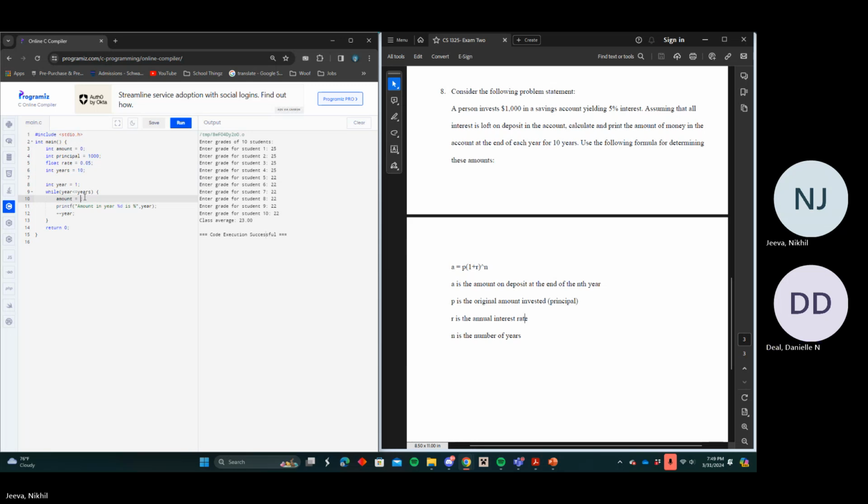Amount equals principal, parentheses 1 plus rate. Oh wait, or I could put 1,000. Okay, I'll just say 1 plus rate. And then, can you do the caret in C? I don't know. And then what years, percent sign going to mean to be here? And year. I put years, and I need to put